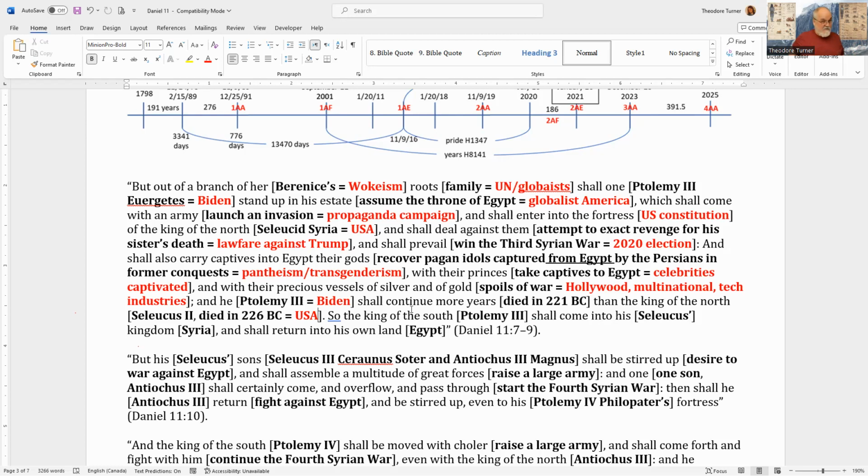So if we're saying that that's Biden again, and then we're saying, well, Seleucus II, he's going to be...